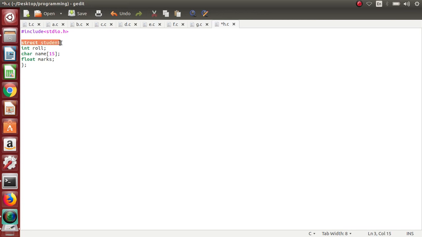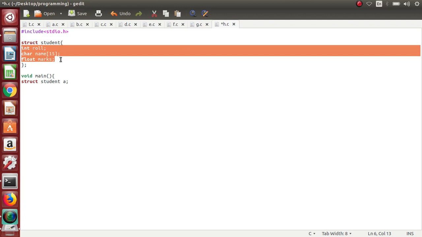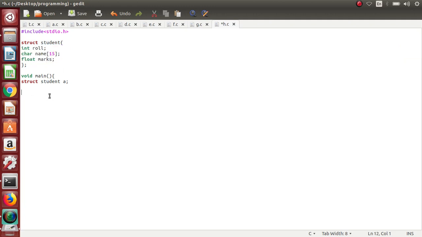So this is a structure definition. Now this struct student becomes the data type. You can use this data type for declaring a structure variable. So your main function can contain a structure variable. Here a is a variable of struct student type, that means a is a structure variable. Now to access the different structure members, you can use the dot operator: a.roll equals 3, suppose, then you can write a.marks equals 7.5,